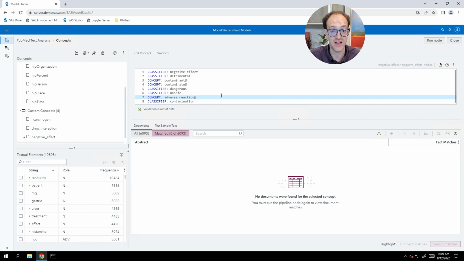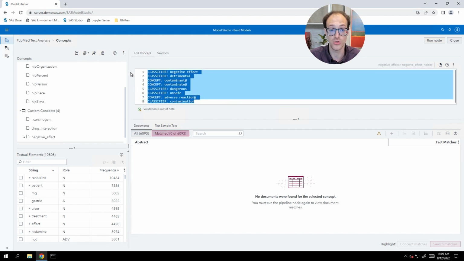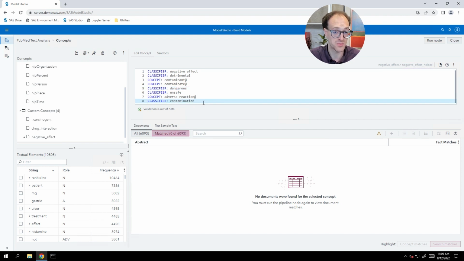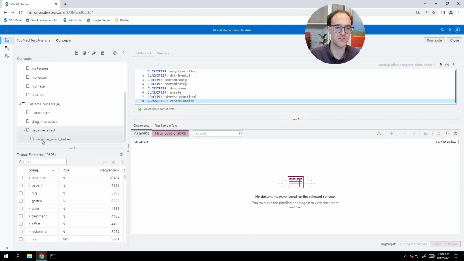Of course, with subject matter expertise, we could potentially include more of these words, more different words that we might know in our abstracts are related to negative effects. Of course, in this particular case, we might use some subject matter expertise about gastrointestinal issues to write some new rules about negative effects that you might run into with gastrointestinal issues. I'll keep this one a little bit simple so that we don't spend too much time diving into drug research topics. So let's go back to the negative effect concept.